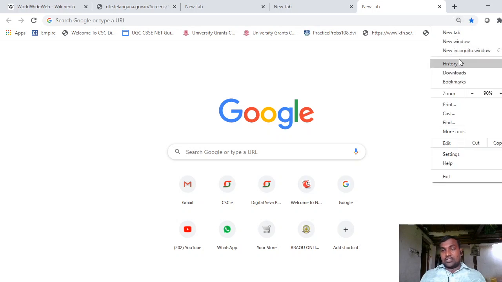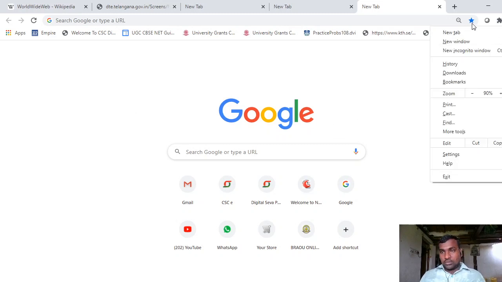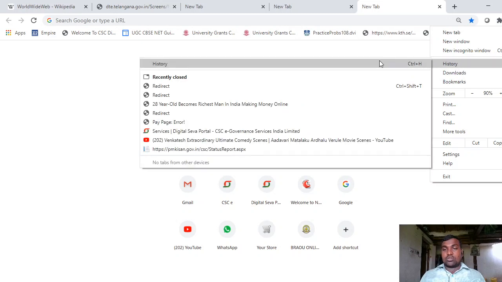These are the several setting options available in the browsers. Web browsers may also contain the history of the user, what he is searching on websites.